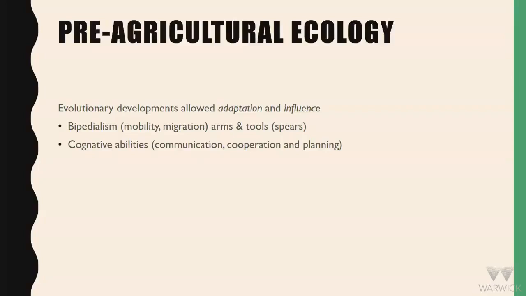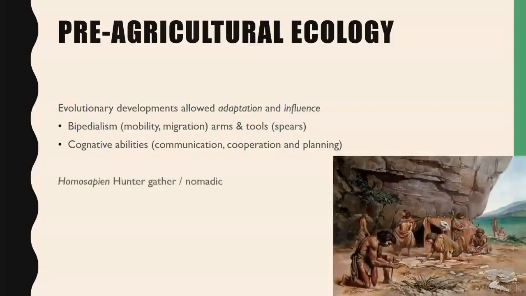A key technology, arguably, would be humans' ability to use language to interact. So we talked in the first seminar about how knowledge was created, and we got to a point where we agreed that communication and oral communication was really important. So coordination becomes possible, planning becomes possible, which is a really important technology, you could argue, in the development of all human development, but particularly food systems.